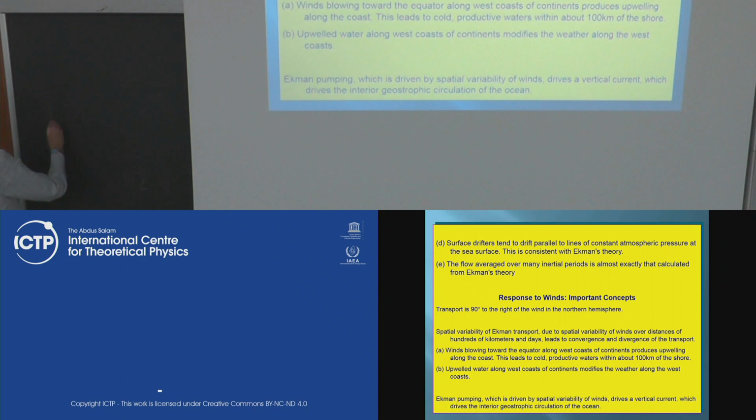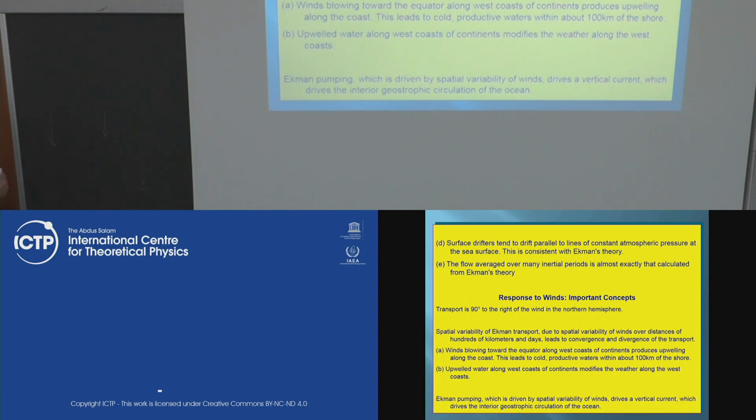So if we have the Ekman transport here, this way, and here we have that way, this should lead to convergence or divergence in the transport. Or let's think about this in another way. If we have the wind blowing this way here and that way here, and here the wind is stronger than there,